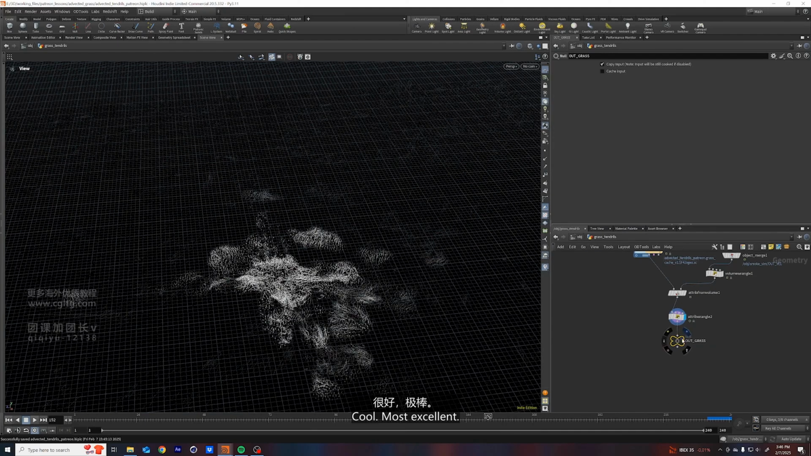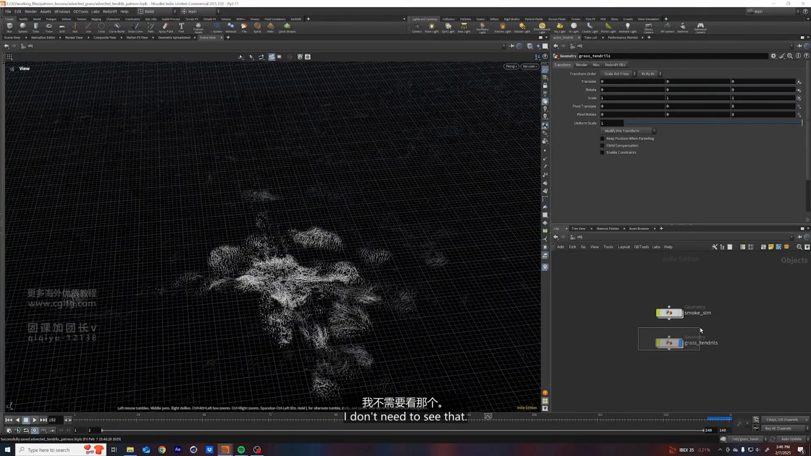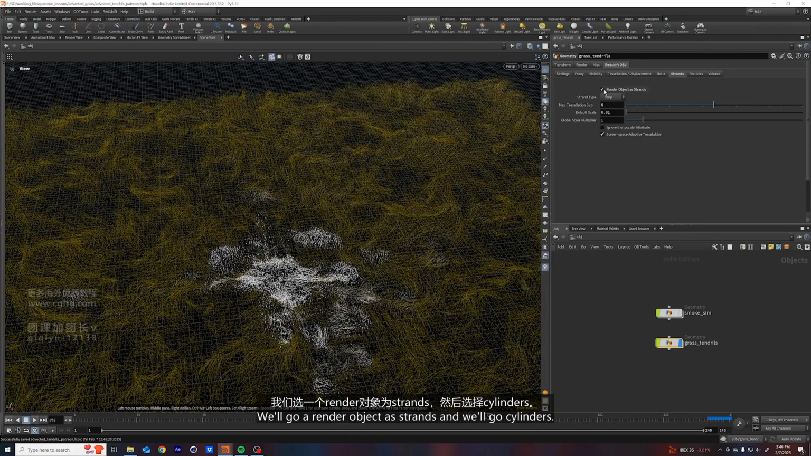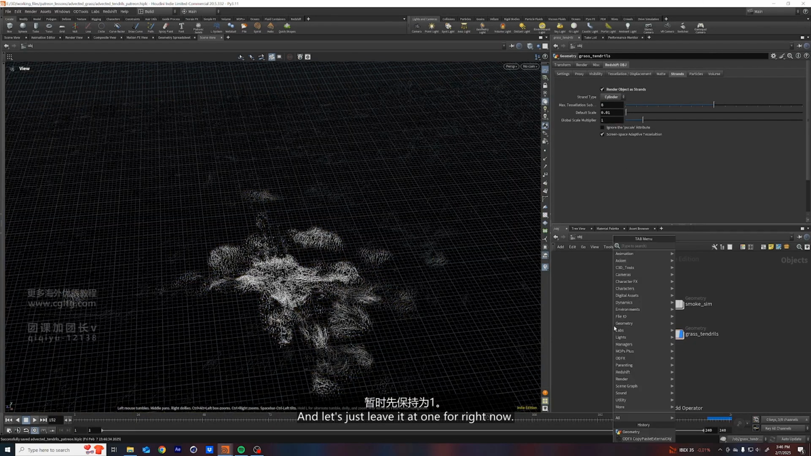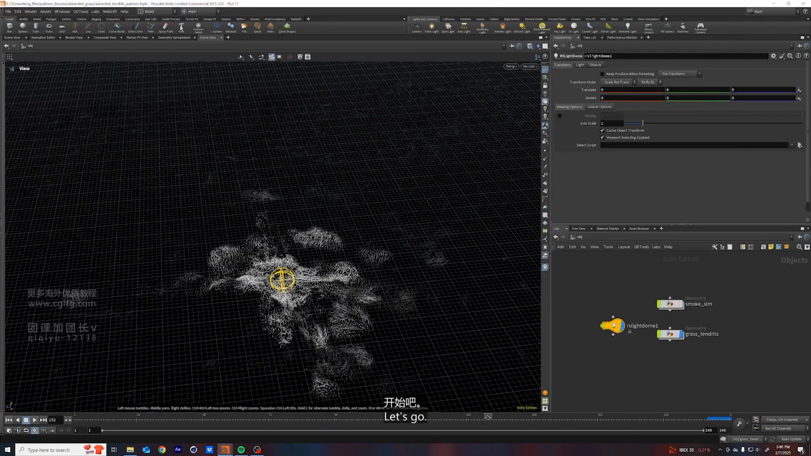Cool. Most excellent. Okay, and then what I want to do is come up, and I don't need this smoke sim. I don't need to see that. Go into the Redshift object under strands. We'll go render object as strands, and we'll go cylinders, and let's just leave it at 1 for right now. Let's put down an RS dome light, and just to see what this looks like, just to get a light on there. Let's go IF basic so I can see